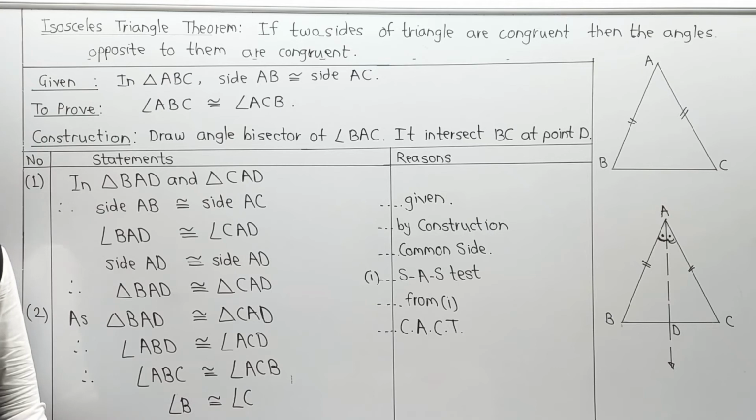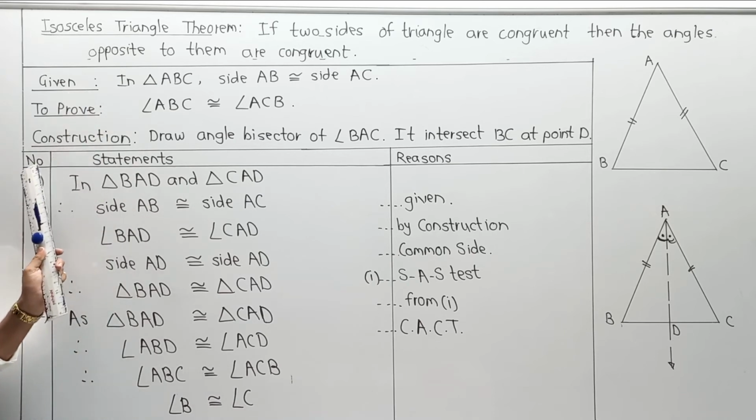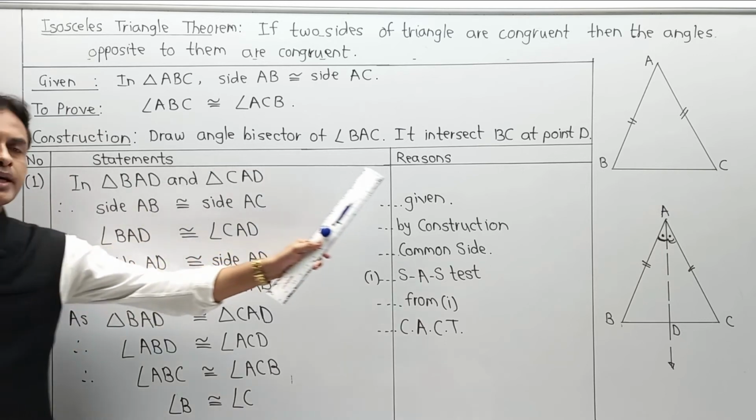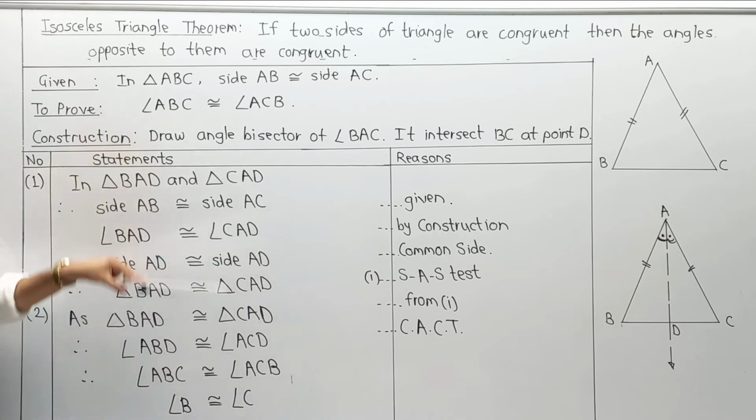Student, there is one little part. In the book they have given a theorem, but in 9th it's a matter of practice that you write it in the form of given, to prove, construction, and proof in the form of number, statement, reason. And you are also properly supposed to make first group, second group, third group, that way. If the numerical is smaller in size, then in the first group your proof is over. If the numerical is larger in size, maybe 2 groups, and if it is very big, then 3 or 4 parts. But you should know proper grouping of such parts, and that is the most required part over here.